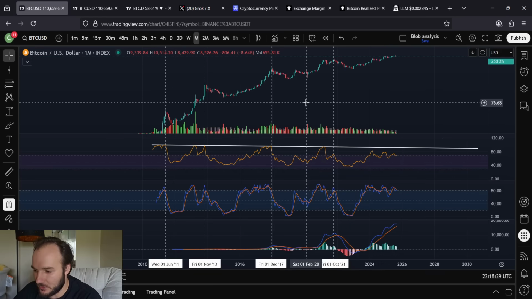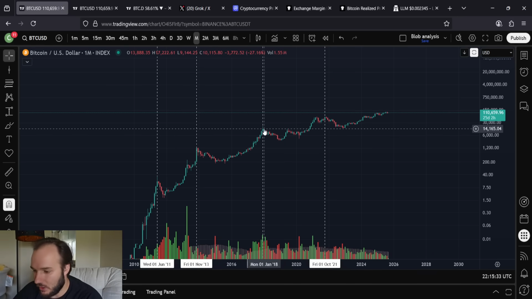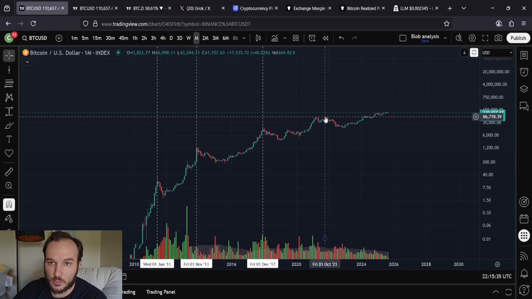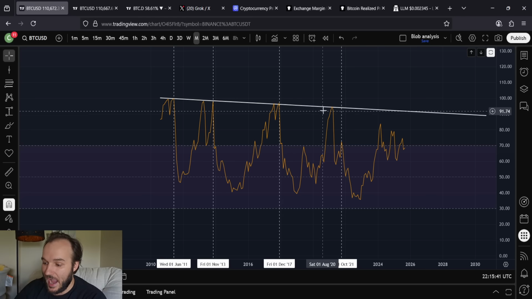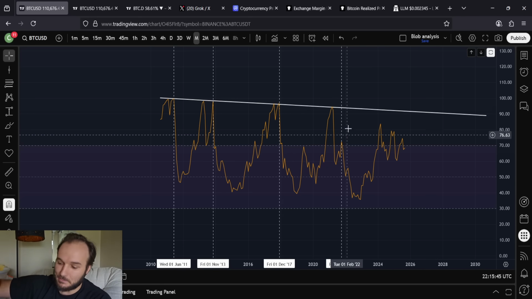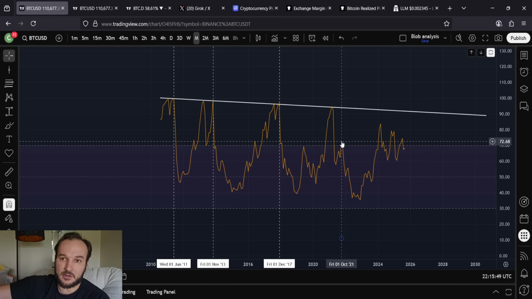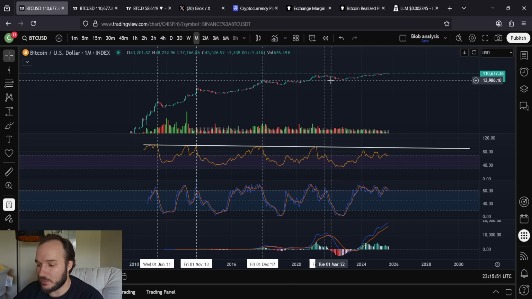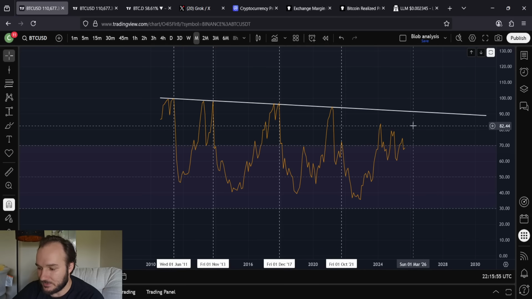If we put these lines on here, we look at the price now, right? All-time high, all-time high, all-time high, all-time high. Was it the end of the bull cycle? No, but this did mark the all-time high. Every single cycle after you interact with this trend line, it's not the first interaction, but the second peak. And I would say second interaction, but clearly it doesn't need to be an interaction. It's the second peak that determines where the all-time high is every single time. We have not interacted with this trend line.